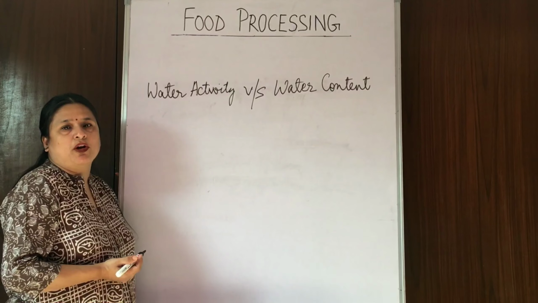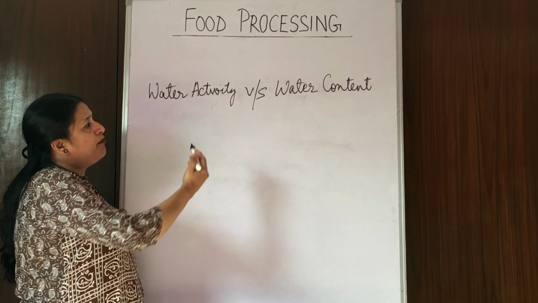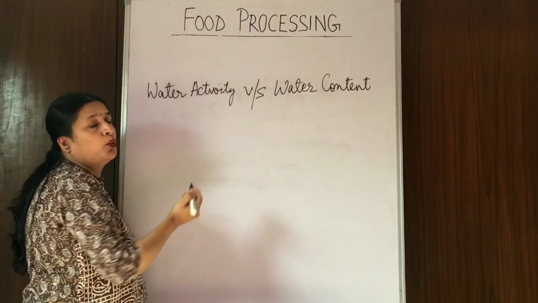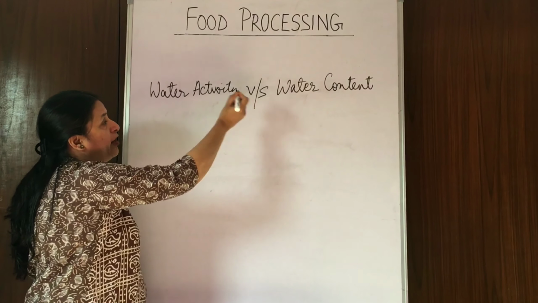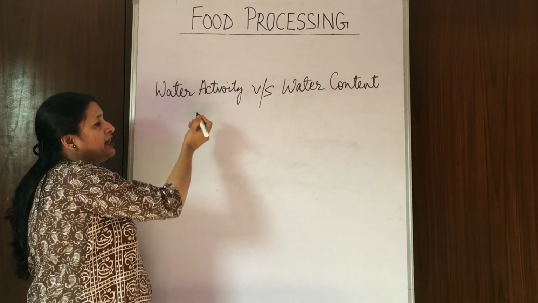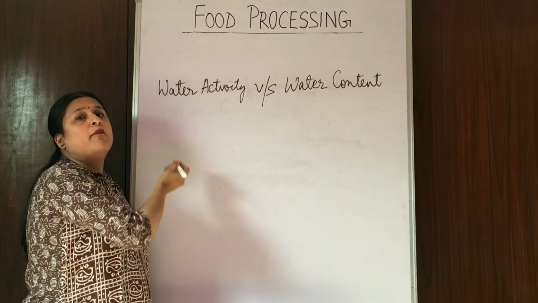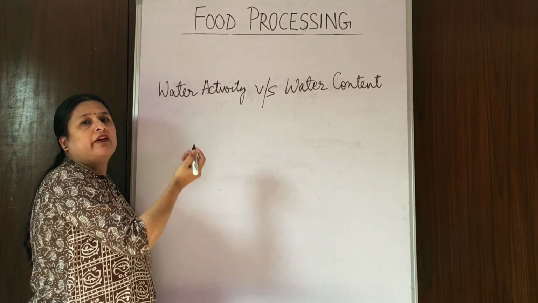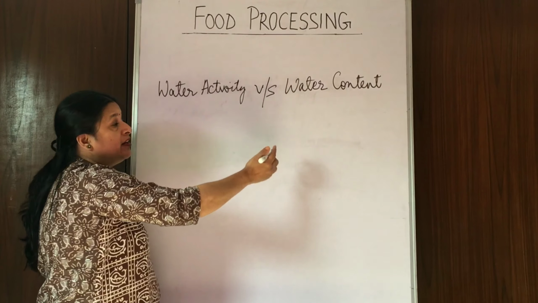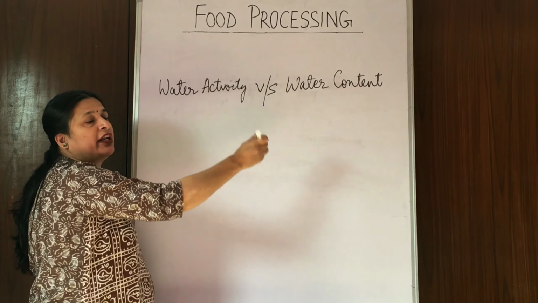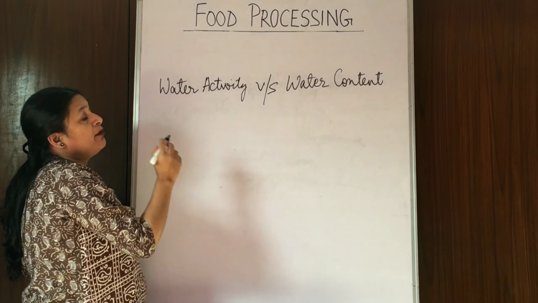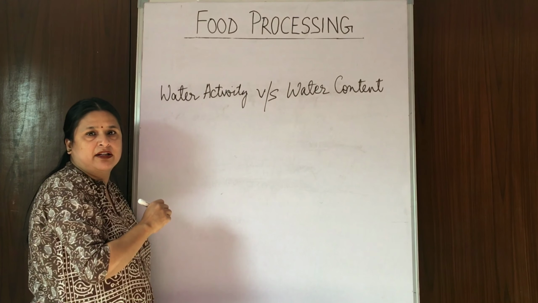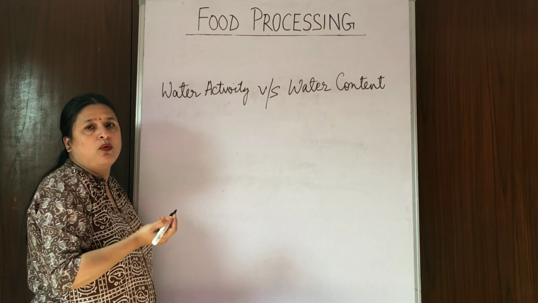Now that we have understood what is water activity very clearly, let us have a comparison between water activity and water content and understand the difference between the two terms. Water activity is that water which is available for microbial growth, whereas water content is that water which is available for drying. So, a food may be dry. When the food has got low water content, its water activity automatically goes low. But it might happen that a food might have a very high water content but still have a very low water activity. There are very specific examples to understand this.